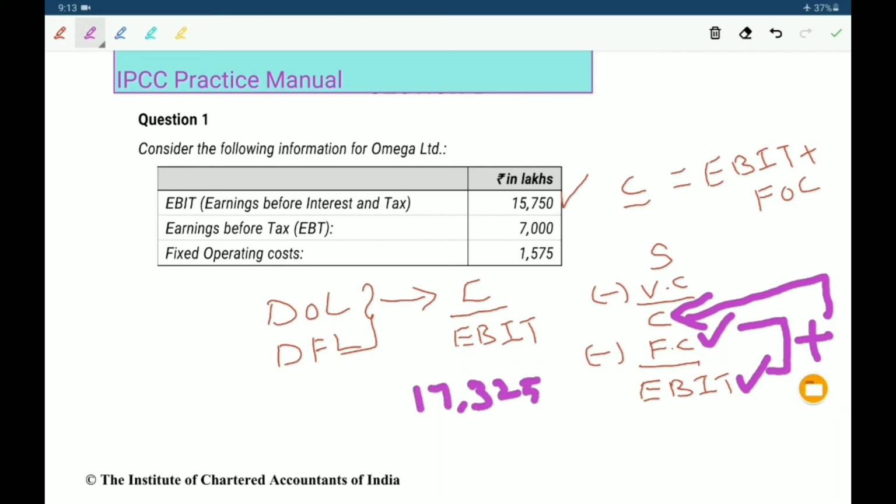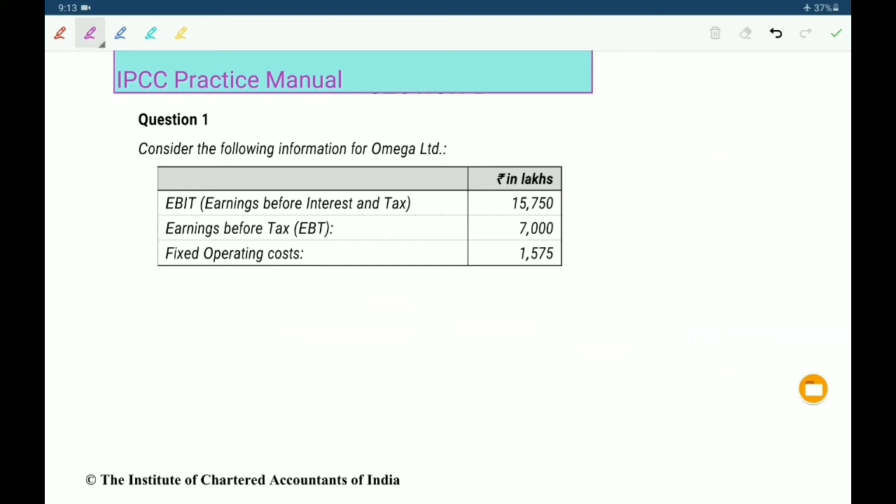17,325 contribution by EBIT, 15,750. So 1.1 is the degree of operating leverage. Now we find out the degree of financial leverage. What is the formula for degree of financial leverage? EBIT